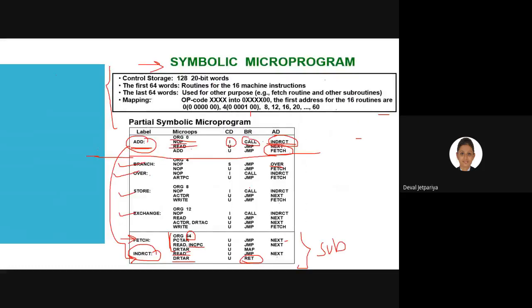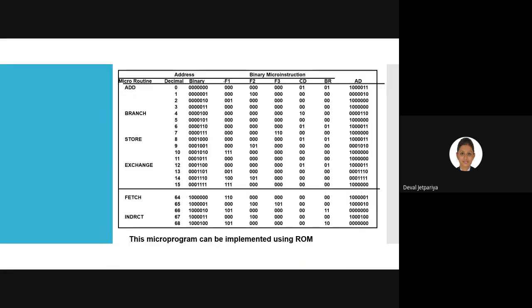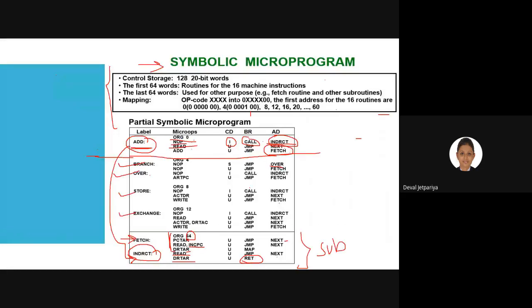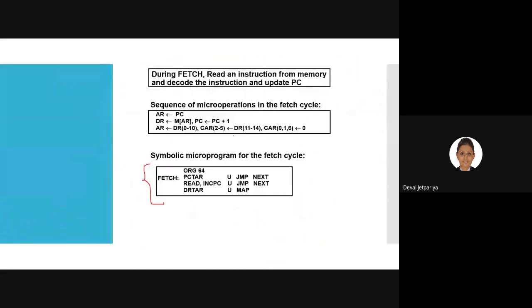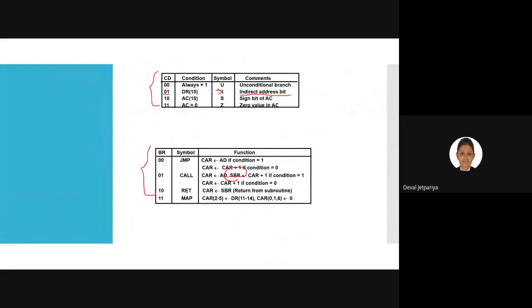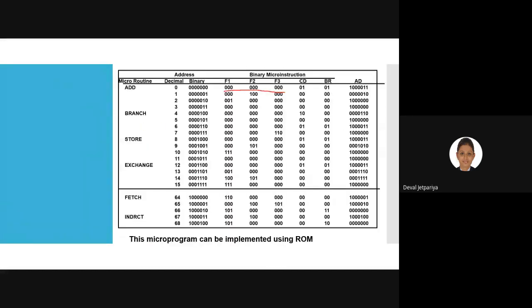In the first line, we simply have no operation. In the no operation case, F1, F2, F3 are 0, 0, 0. Here the I bit is active, so with respect to I, we have 0, 1. With respect to call, we have 0, 1. So here you can mention 0, 1, 0, 1 and the next address of our indirect bit.